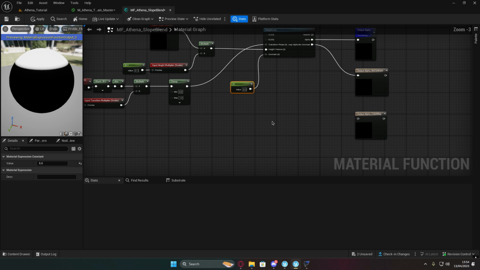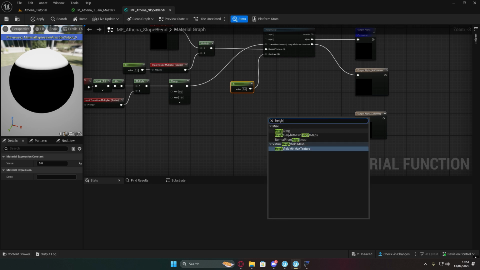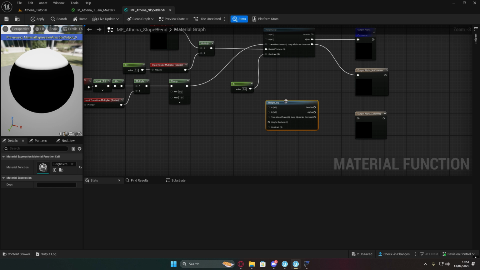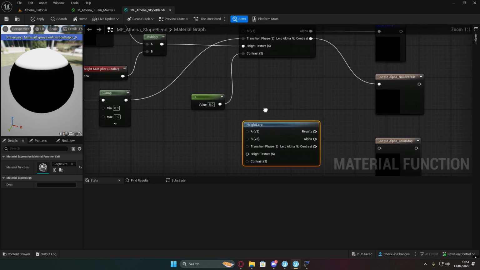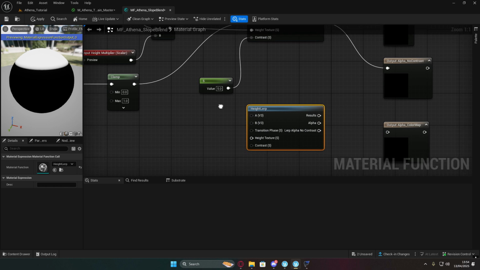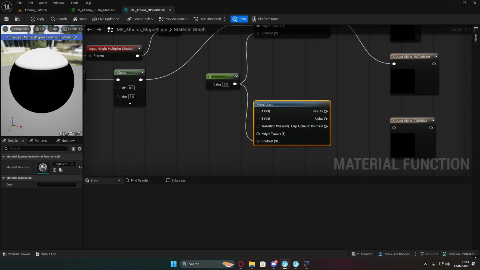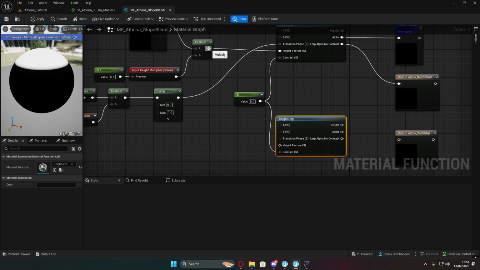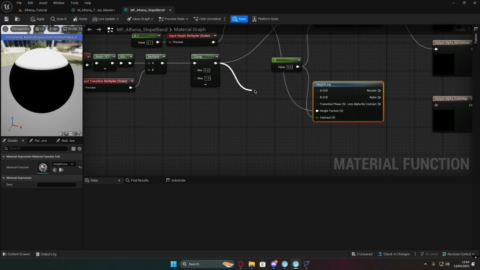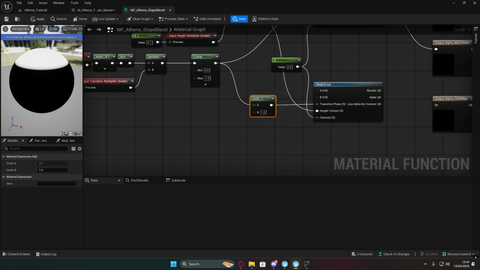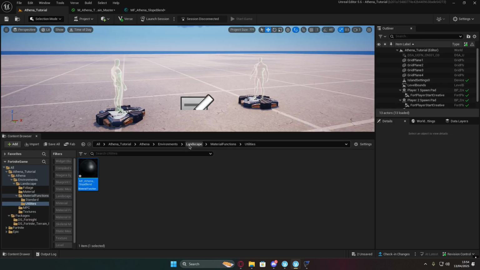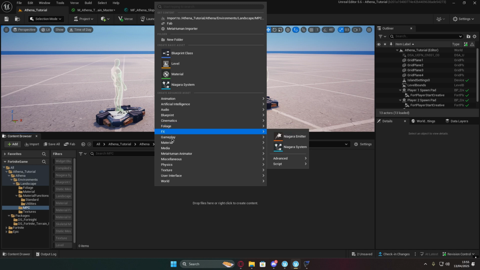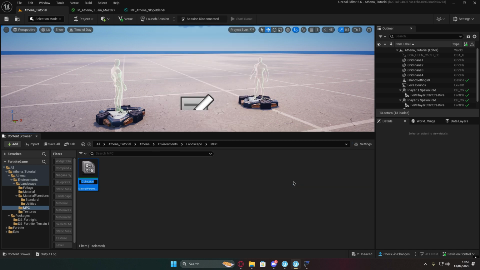And we will need another height lerp, which we're not going to use for a while, but we will need at some point. This up here with the contrast at 5, the height texture also being from this multiply, and the transition phase coming down here to it. We are going to add, and we are going to need to use the MPC folder. So come back to landscape MPC, come in here, material, material parameter collection. We call it MPC underscore